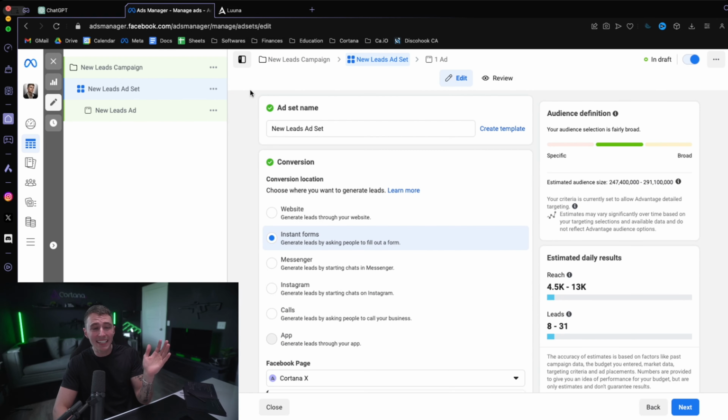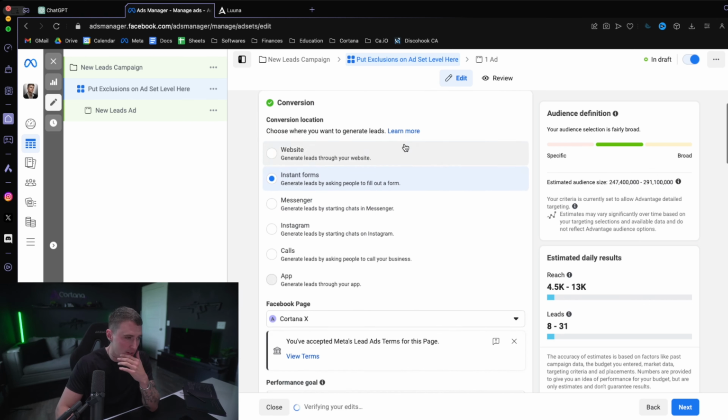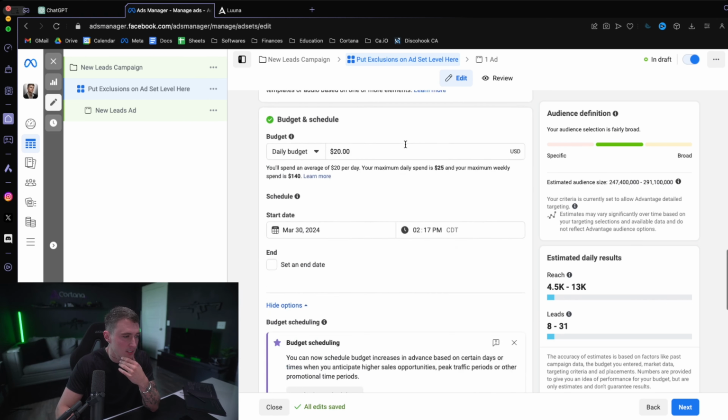Whenever, and this goes for any campaign that you're going to run moving forward, anytime you go run a campaign, you're going to put exclusions on the ad set level here. You're not going to name it that, I'm just typing it out for you all. When you scroll down